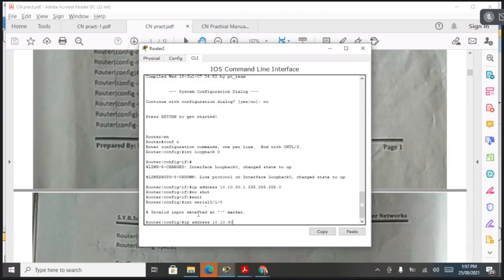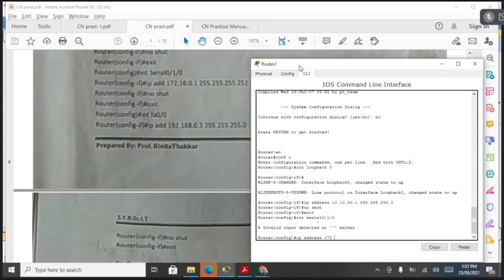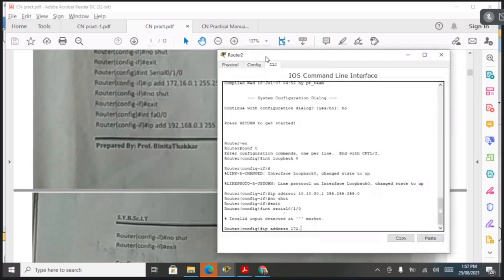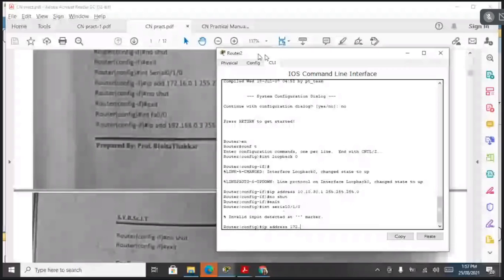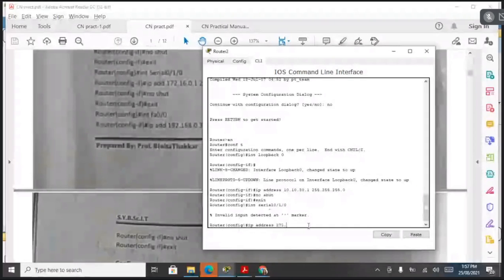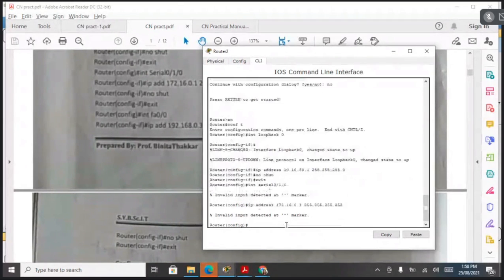Let's check. 172.16.0.1. Okay. This is the subnet mask, and the 255.255.255.252 is the subnet mask. Then no shut.